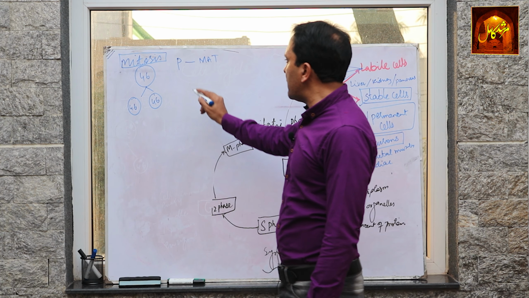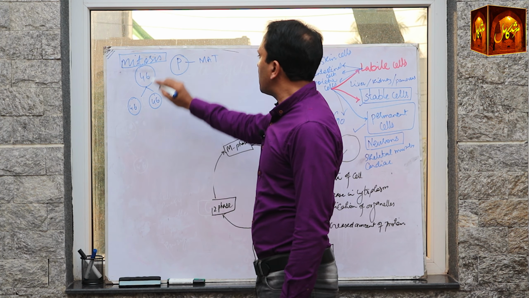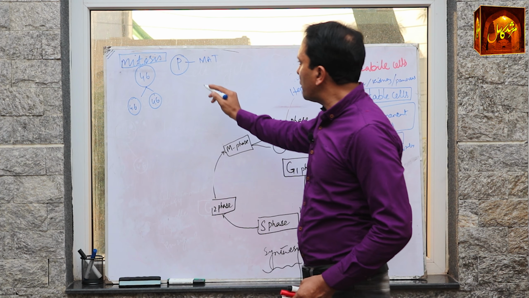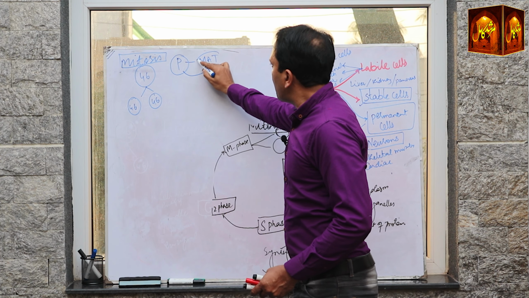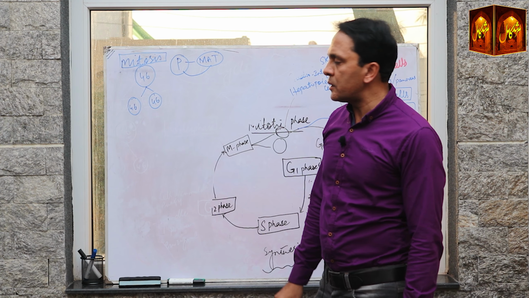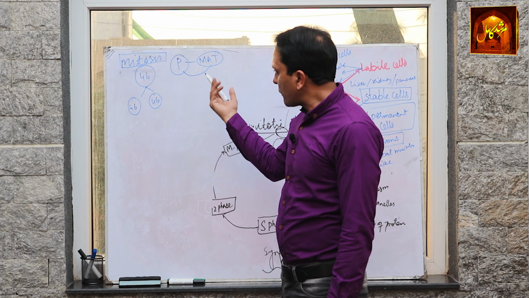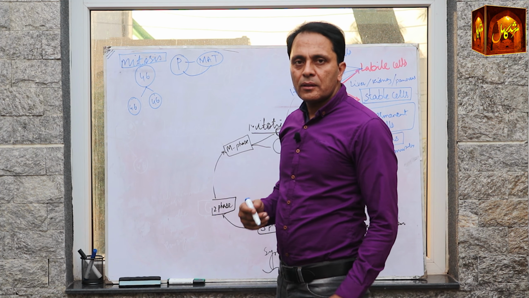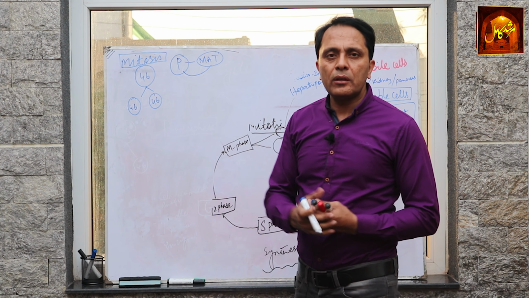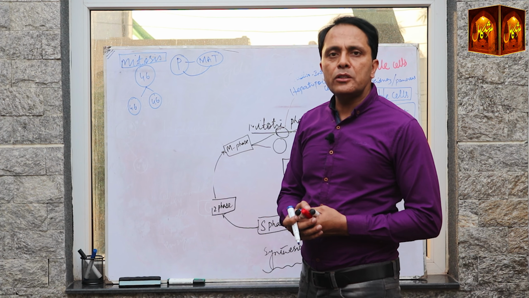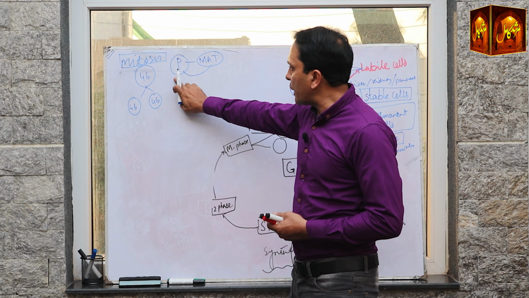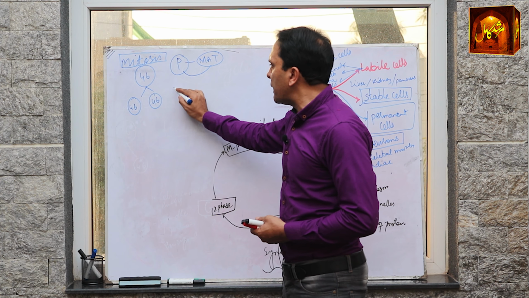Starting with the first phase, I have divided it into 2 different forms for my convenience. Like when I learned it, you can take examples of 2 different levels of your educational institutions, I mean, the primary level and matric level. When we talk about the primary level, that is the first phase, prophase.